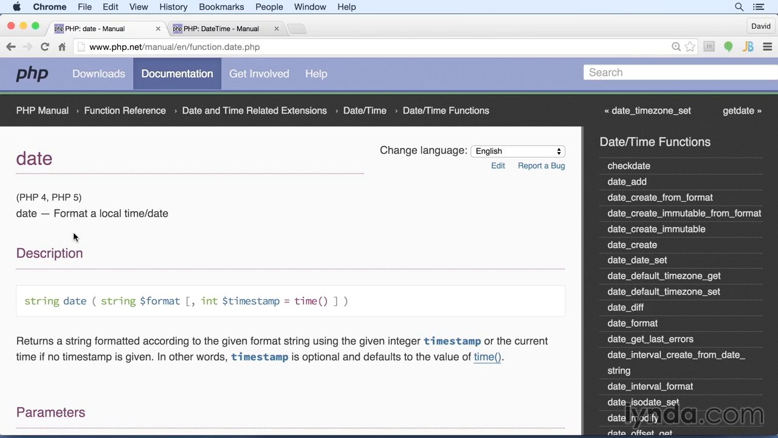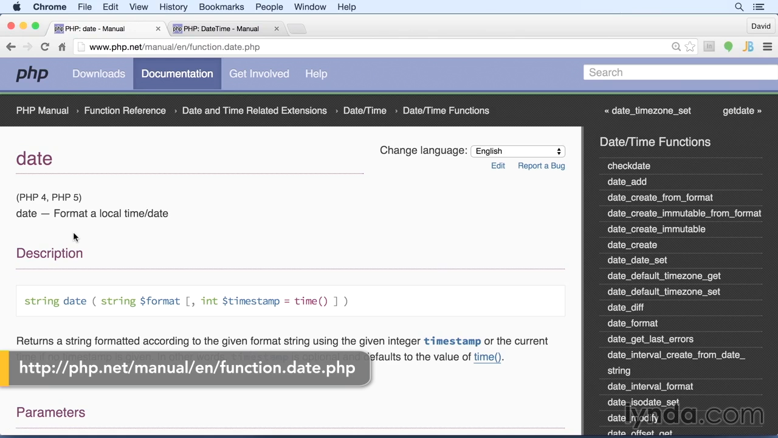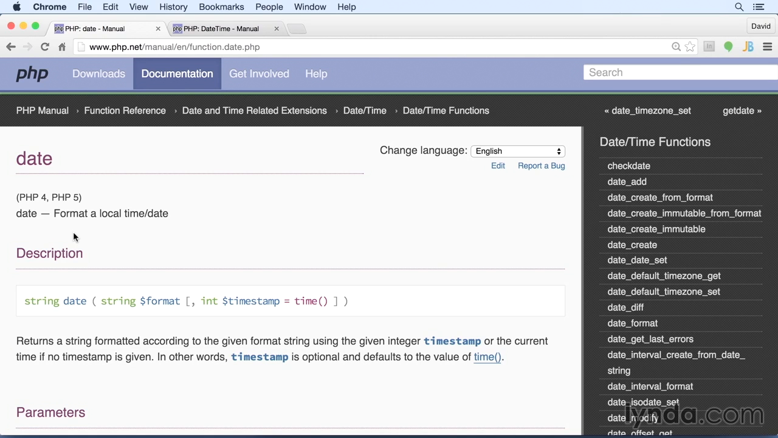In this video, I want to explore the difference between functions and objects. At the same time, we'll learn a little about how PHP handles dates and time. This is the documentation for the PHP date function in the online manual. As it explains at the top of the page, it formats a local date or time, and in the description,